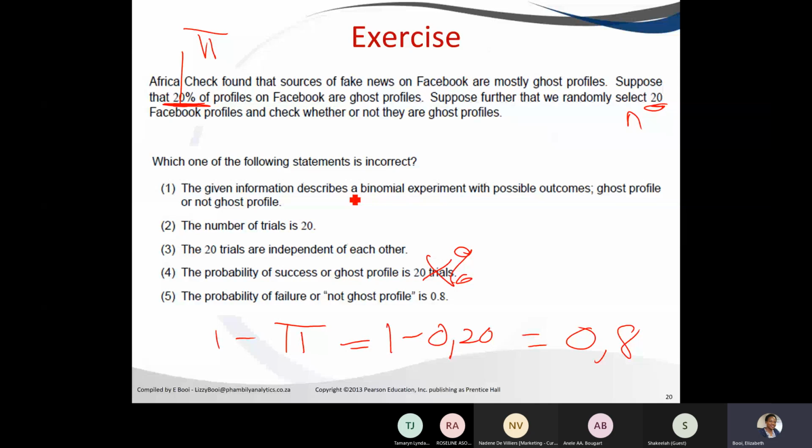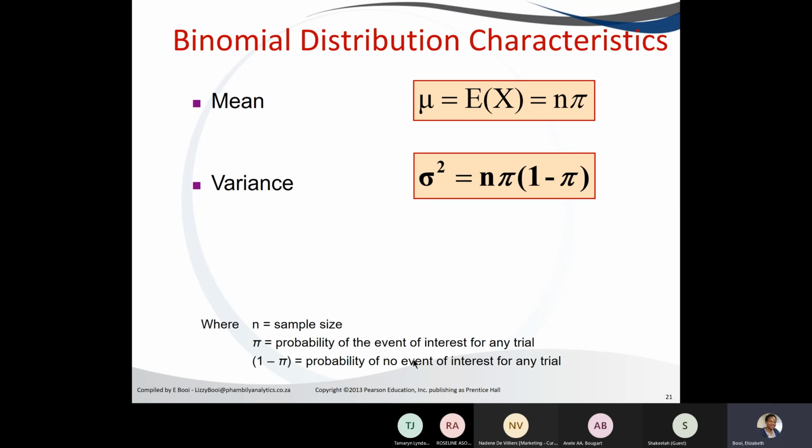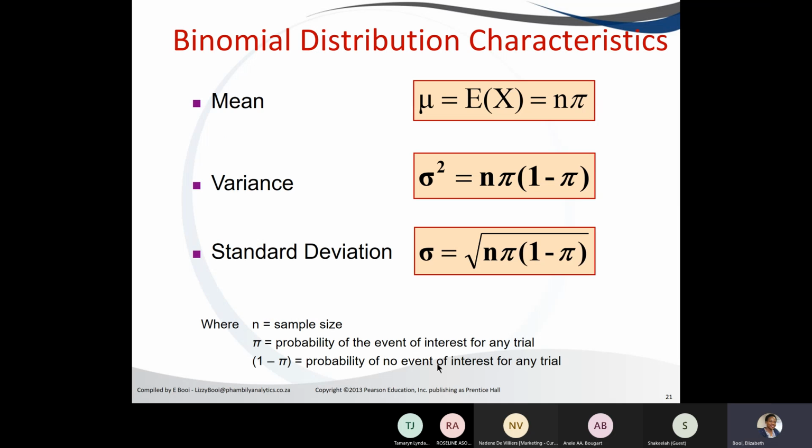If we take the probability of success as 20% and the trials as 20, let's calculate all the other characteristics. So we come here, we want to calculate the characteristics. We know that our probability of success is 0.2 and our n